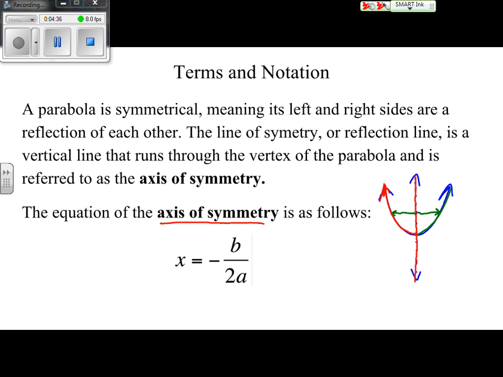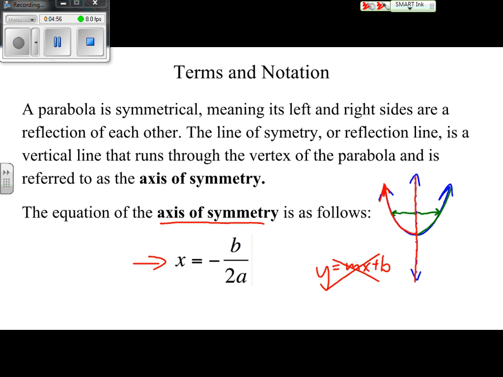And since it's a vertical line, most lines we often write in the form of y equals mx plus b. But a vertical line doesn't work in that fashion because its slope is going straight up and down. So we don't use y equals mx plus b, we use x equals form. And so the equation of the axis of symmetry will start with an x,